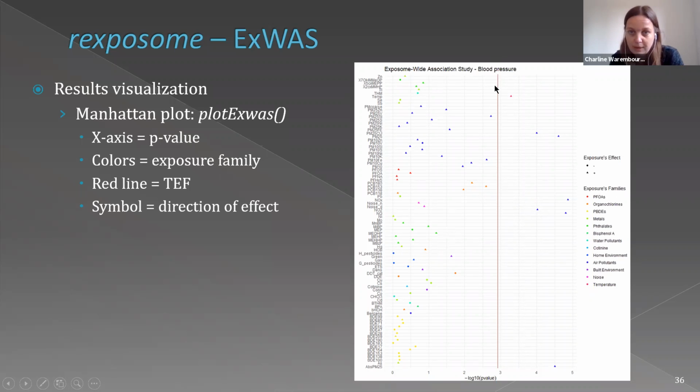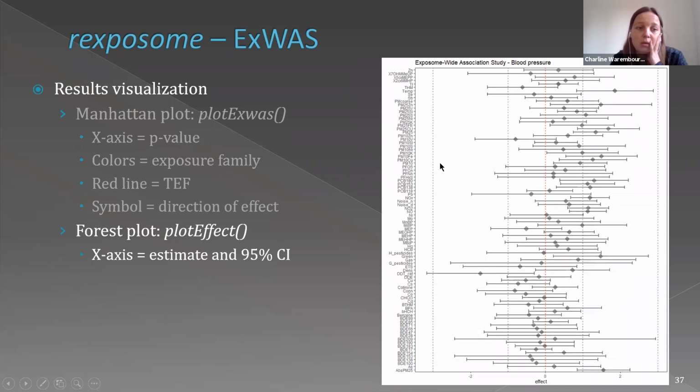And this red line is the threshold of the corrected p-value. So here we see that most, I think it's air pollution, so different variables coming from the air pollution family are associated